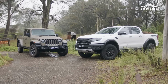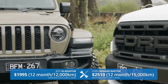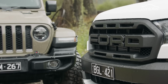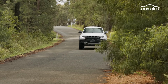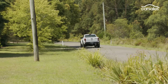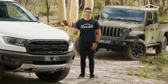Both the Gladiator and Ranger are covered by a 5-year unlimited kilometre warranty. Over a 5-year service plan, the Gladiator undercuts the Ranger on price, but requires slightly shorter 12,000 kilometre servicing intervals. In load carrying terms, the Ranger feels the slightly more stable and sure-footed of these two, even withstanding its reduced capacities. The truth is that both the Ford Ranger Raptor and the Jeep Gladiator Rubicon should be celebrated because they